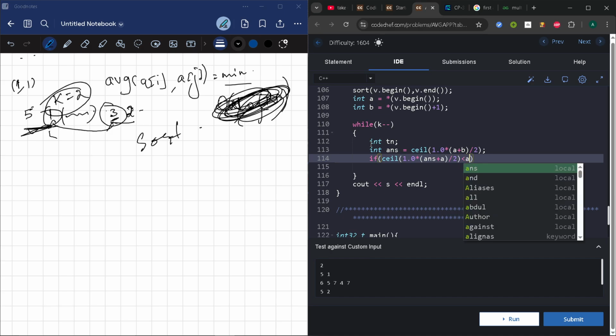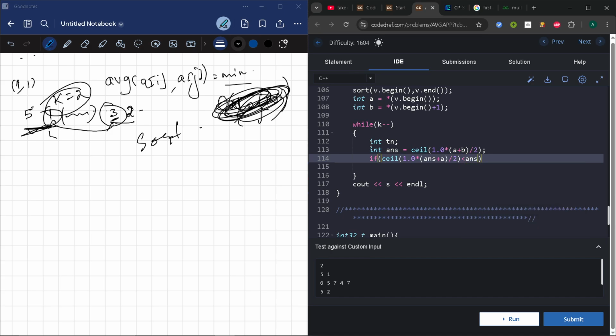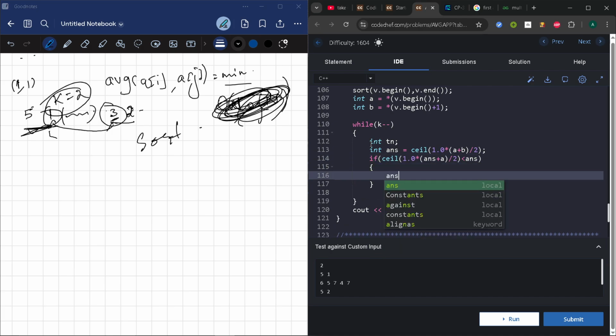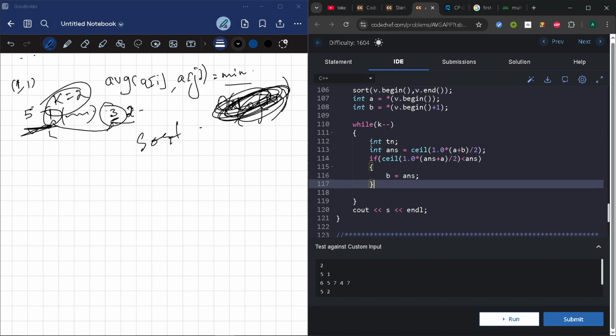Okay, as an answer, then what I will do is I'll set B as the answer itself, and this will go on continuing. Let's say if that was 3 and that was 3, we'll get 3. Okay, well,